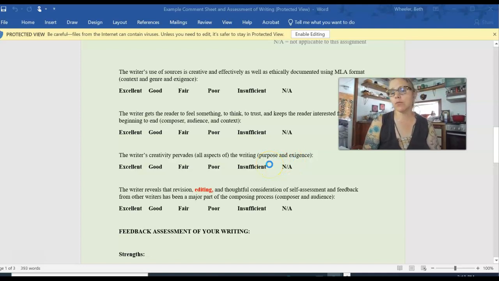So this is not a creative writing class, but you are expected to think critically and creatively to make your writing connect with a reader and for you to engage with the rhetorical situation fully. So that's really what I'm looking for, is that you've engaged with the rhetorical situation fully and creatively in your